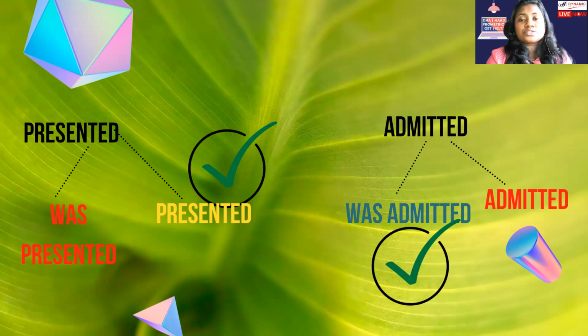So when it comes to active voice, we are giving importance to the one who does an action, that is, to the subject. But when it comes to passive voice, we don't care who the subject is. We don't want to find out who does an action. We want only the person or the thing which receives that action. When it comes to our OET writing, both active and passive are important, because in our OET writing scenario, in the case notes, there are two entities. One is the health professional, another is the patient. The health professionals are giving care to the patient. So the health professionals are the subject there.